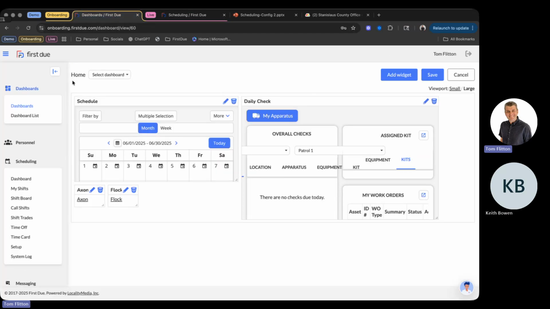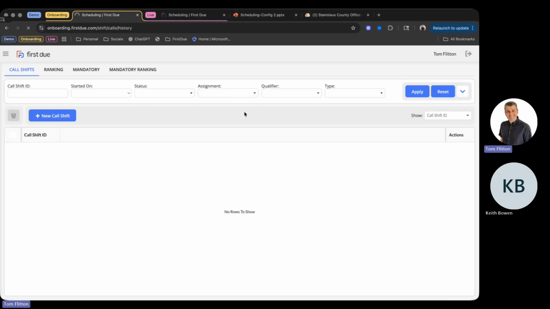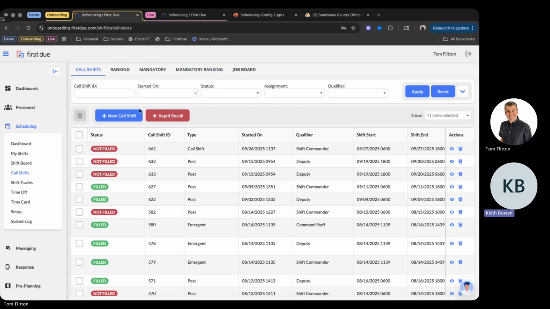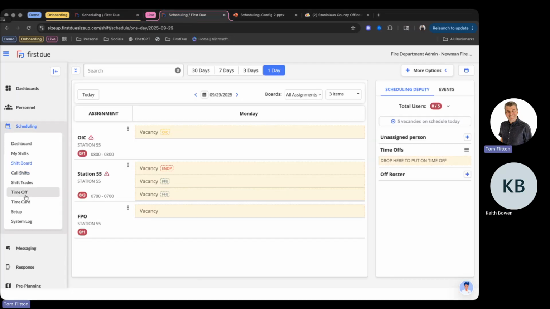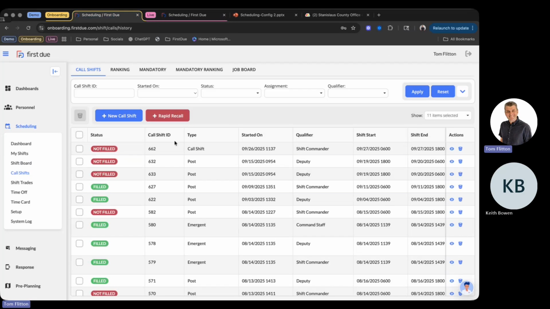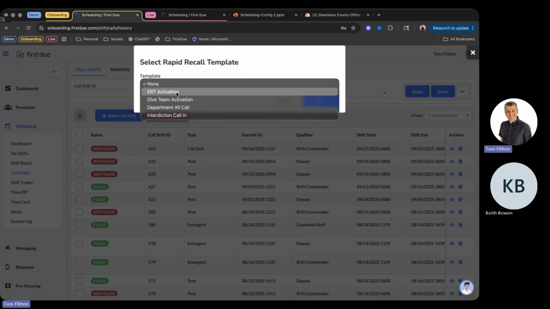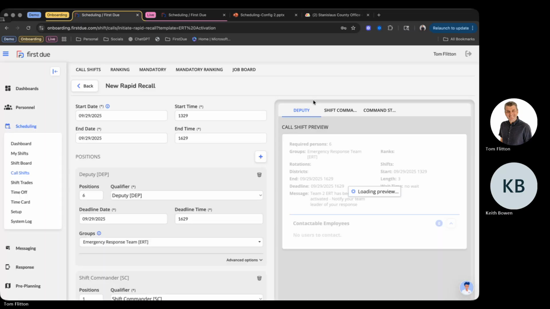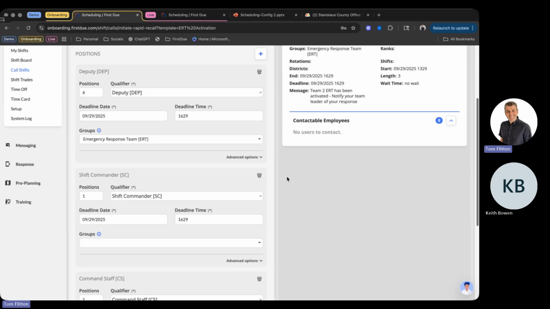Trying to remember how we get into rapid recall here. That's my demo site. Call shifts. It's not turned on, but we do have a feature of rapid recall, which would be kind of like your emergency callback, like for that tone that goes out for manpower. I've got to figure out where you turn that on for you here, but